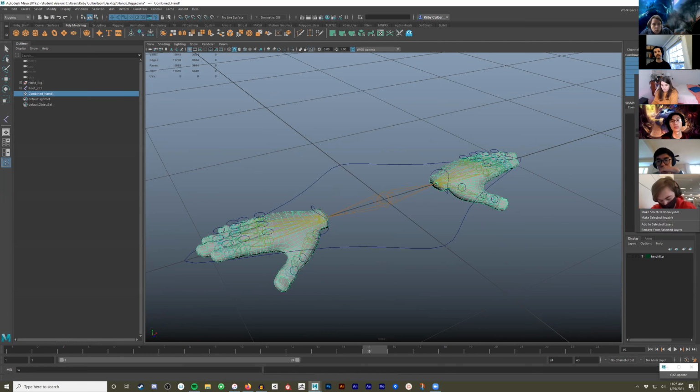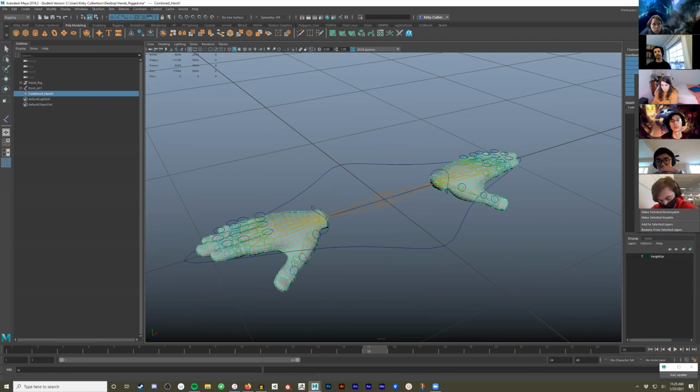I'm going to hide my old hand rig by hitting Control H. So now all I can see is my new hand rig. At this point, you can fix all your joint orientations that you have problems with. So use the orient joint tool, manually rotate, hit freeze transformations, do all that good stuff. Make sure that each joint is pointing down the line to the next joint. Once you've done that,